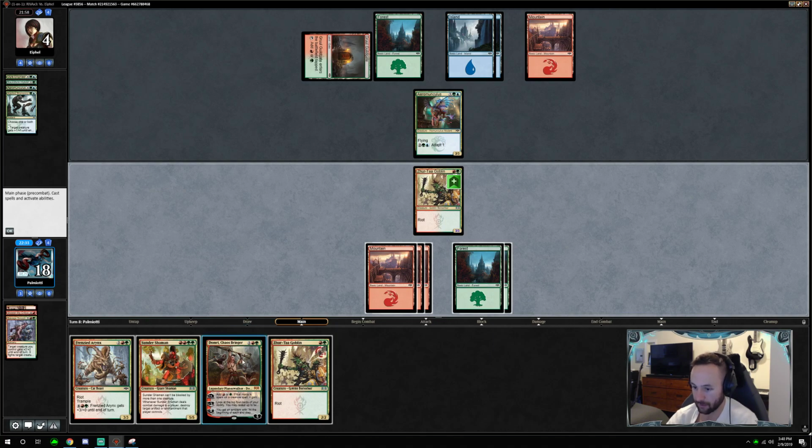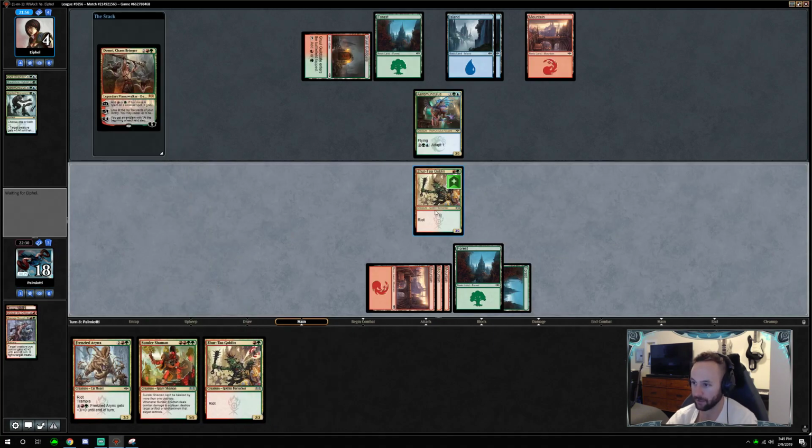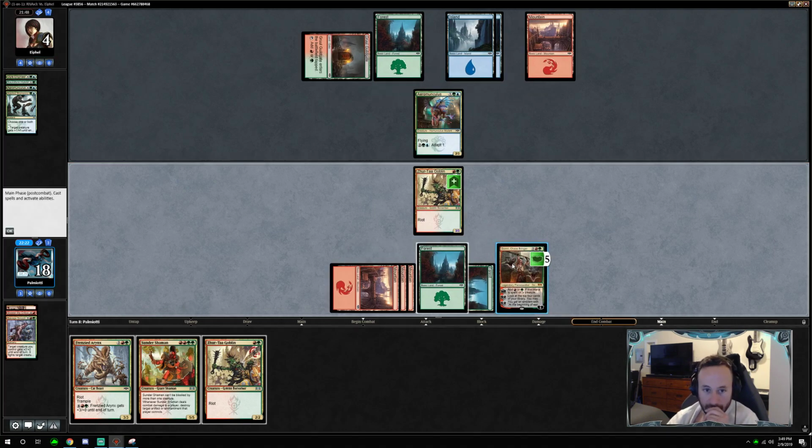We could play out Domri and then give double strike to our thing. And then if they counter it, then we know we can attack with Zerta Goblin. Well, that's okay. We will do this. We won't attack because they have that up, but then we'll set ourselves up to...